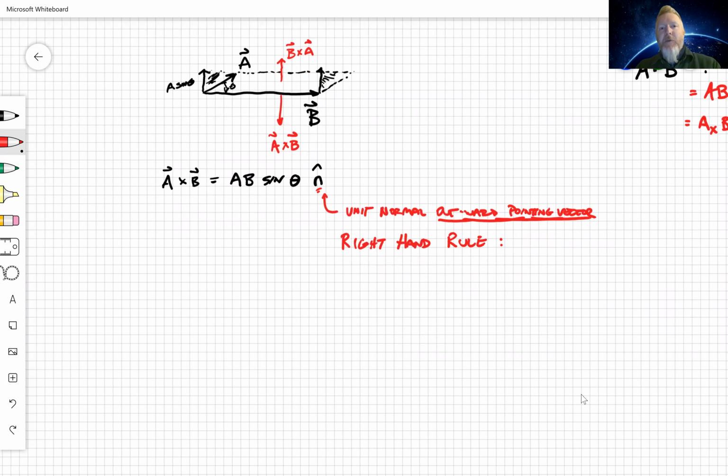It's inherently a three-dimensional situation. I have to have three mutually perpendicular vectors here. A and B, right? A sine theta is the perpendicular piece to B. So the plane that's formed by A sine theta and B is the plane of the area, and therefore the unit normal is at right angles to that, called orthogonal. So which direction is it? Is it A cross B or B cross A? Well, in this case,